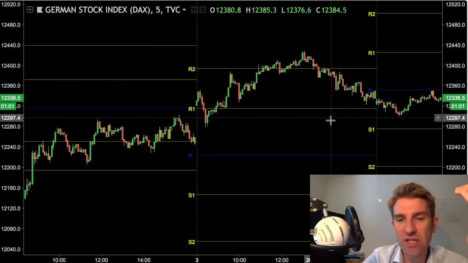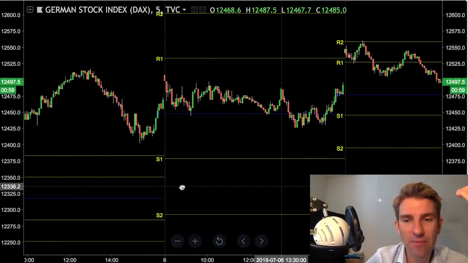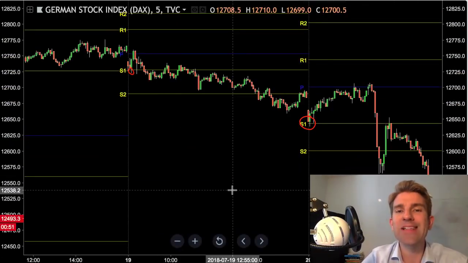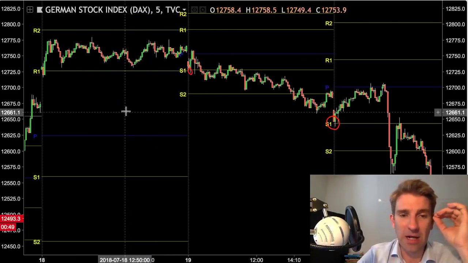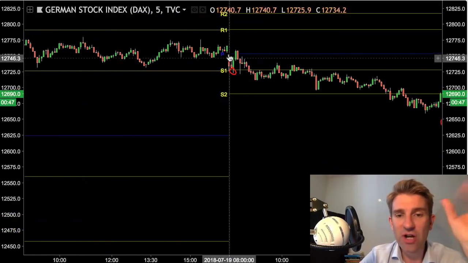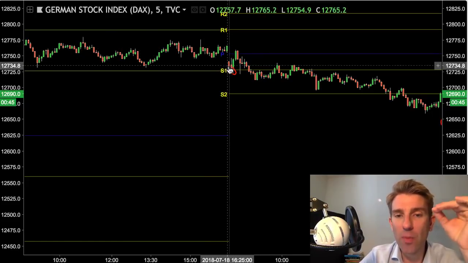Let's show you some examples. Here we've got the DAX. Let me scroll and find one. I've put some highlights. Okay, here's a couple on the DAX for you guys. Opens up Friday, we're in a range, nice and tight open. We open in the first